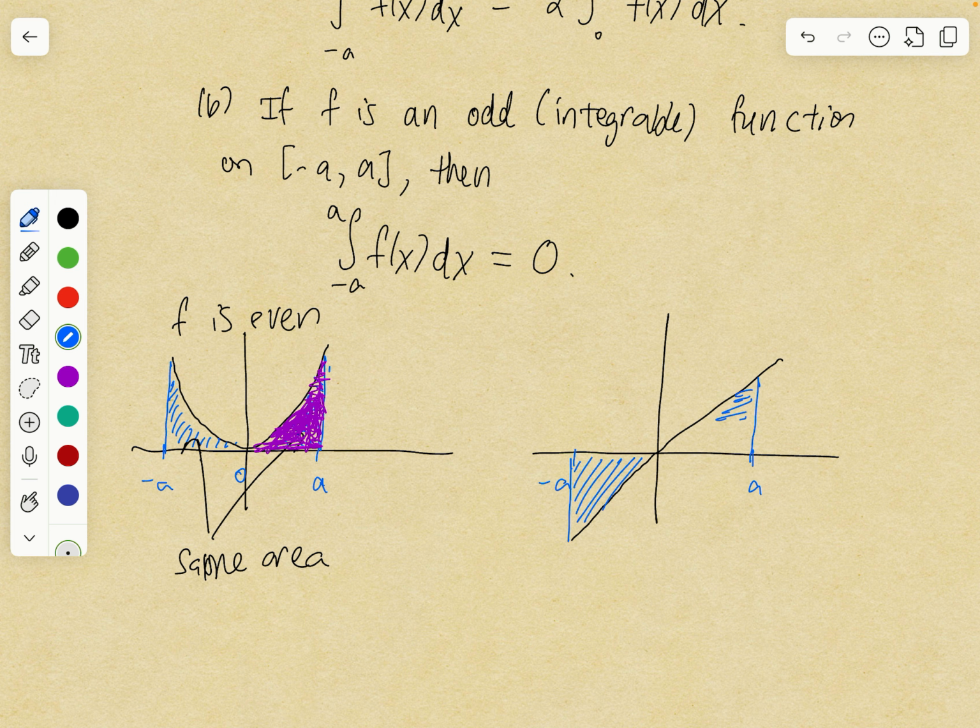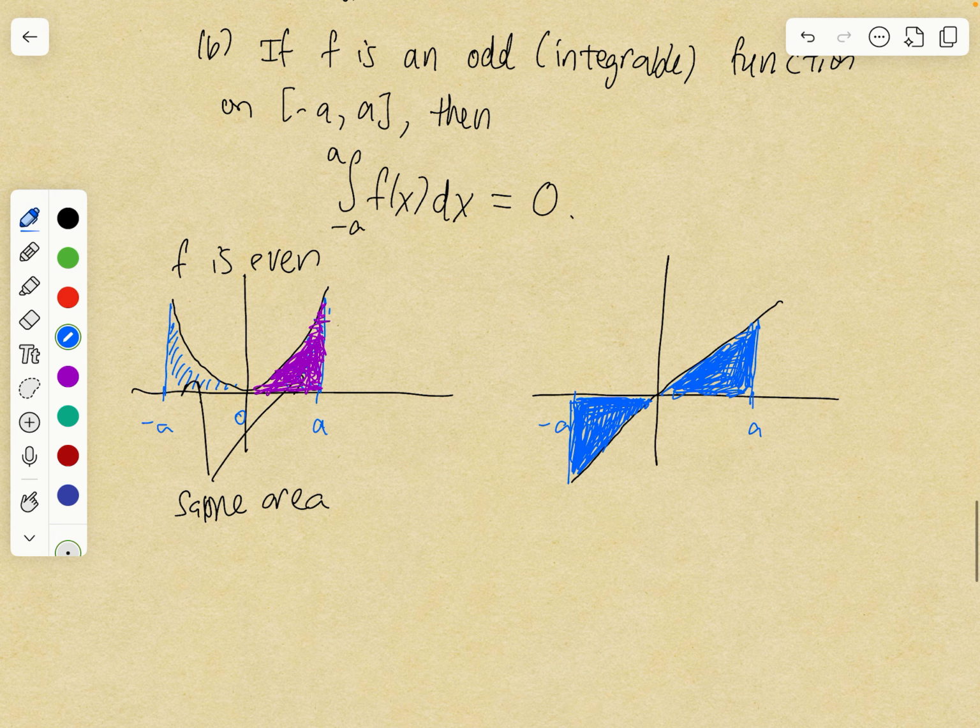You're looking at the area under the curve, but in this case, it's actually above the curve for this part to the left because the curve is below the x-axis. But the area here is negative,